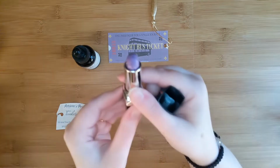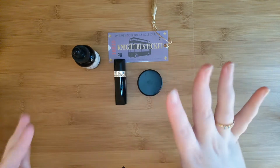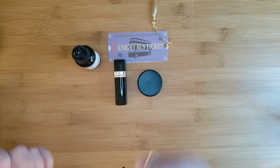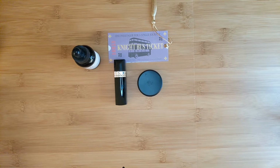It doesn't really have a scent. Alright, so I'm sorry again that these items aren't on the product guide, but the rest should be, because really there's lots of items on that Daily Prophet. So this bag of items presumably were left at 12 Grimmauld Place by the Black family,